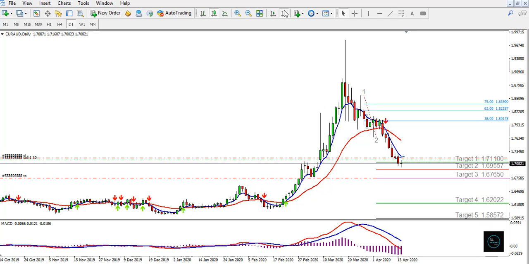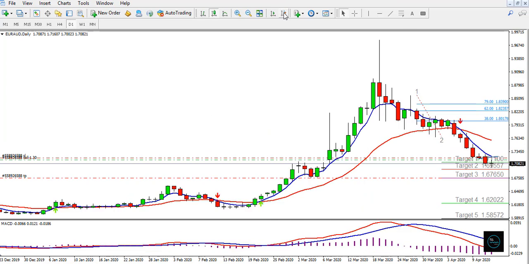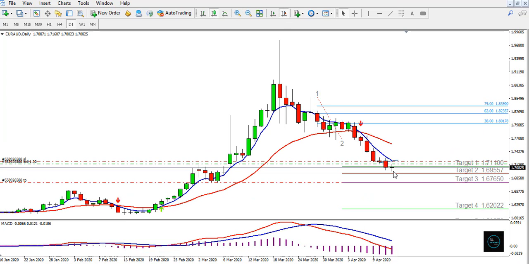This is what's going on on the daily chart. You can see that we had a dead cross here. Well, we had a dead cross here previously, and then we had a dead cross here. And so right now the trend is down. The most current candle looks like a spinning top, but you can see that the overall trend is down. So it's based on this that I stayed in this trade from yesterday,